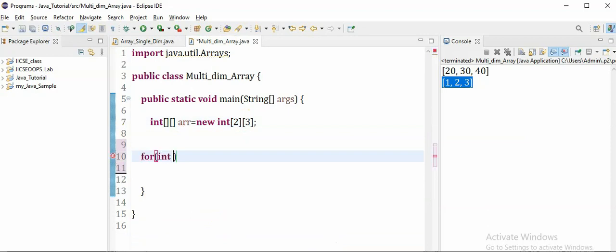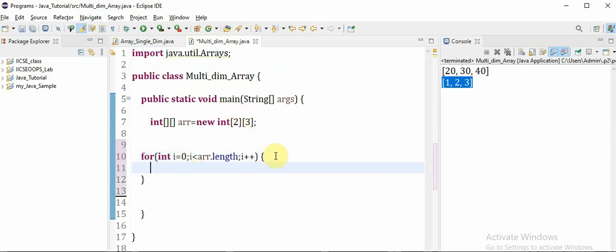We know the for loop syntax, first initialization, so I'm going to initialize a variable, then condition. This needs to go till the size of the array, right? So I can say it is ARR.length, which means it will be going till the length of the array. So it will consider this as 2, the row size, and then i plus plus.